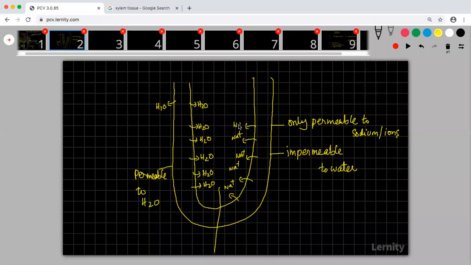So sodium is pumped out or absorbed through active transport, which means it is spending energy, and we are trying to concentrate sodium. So when sodium is absorbed into this area, what does this area become? This area becomes hypertonic, and inside this loop it becomes hypotonic. So naturally, what will happen? More and more water would be absorbed. It is like pulling out water. Just because this area is hypertonic, more absorption of water will happen here.